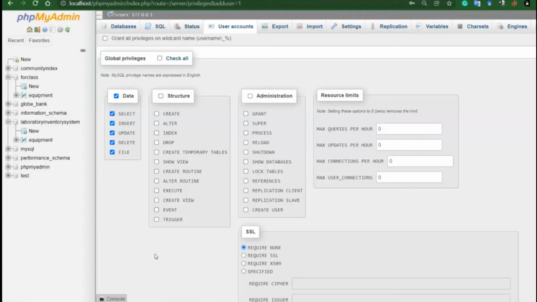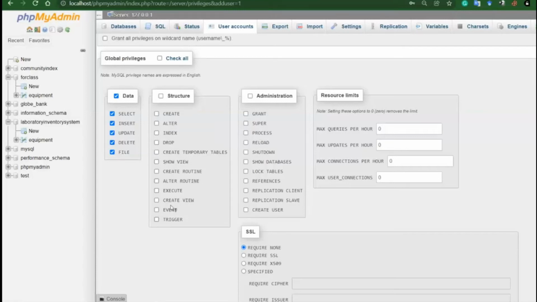These are structural privileges, meaning the user can make changes in the structure of the database or the structure of a table. So you see, this user can create a table or database. This user can change databases and tables, indexes, drop, delete, and create temporary tables. There may also be show, views, and routine.